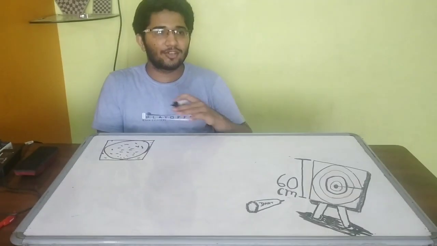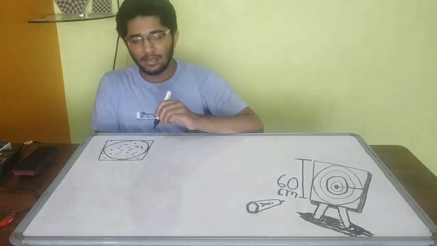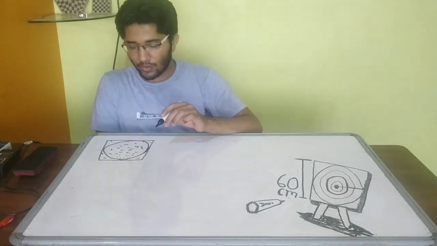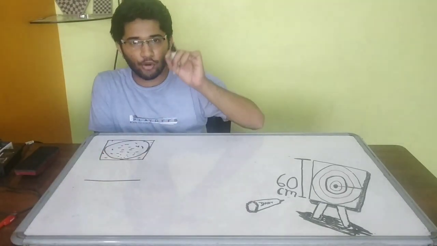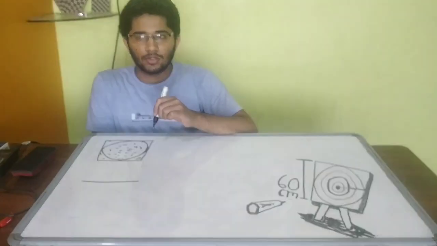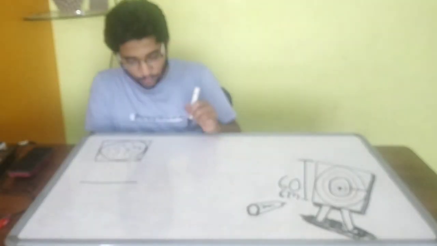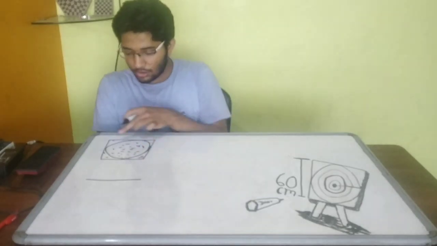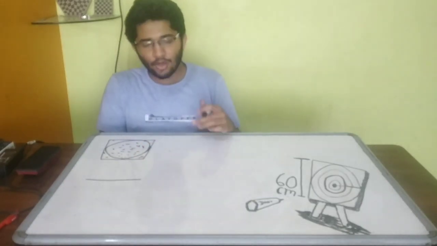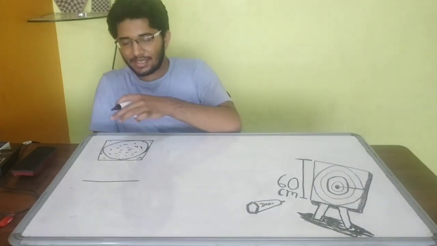So let's talk about the total chance. Without the condition that it will hit only in the circle, it can hit anywhere on the square. So the denominator will be the total number of points in this square. How can we count the total number of points? Even one point has an infinite number of points inside it. Okay, we can change the unit. Instead of saying points, we will see how much area it is covering.